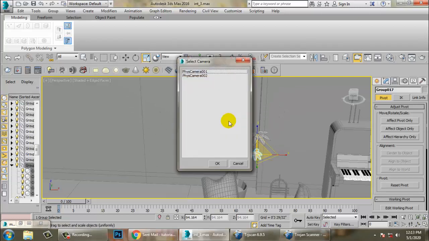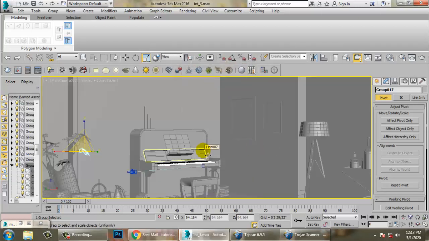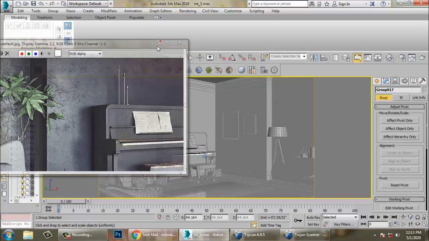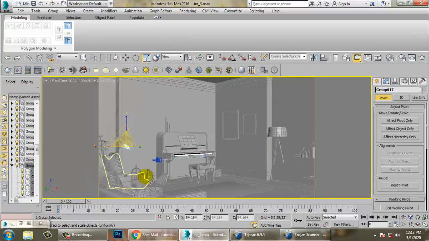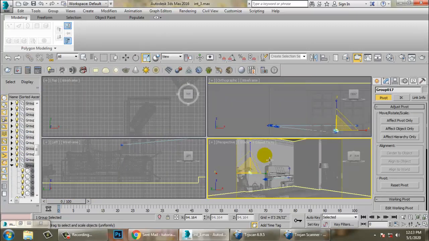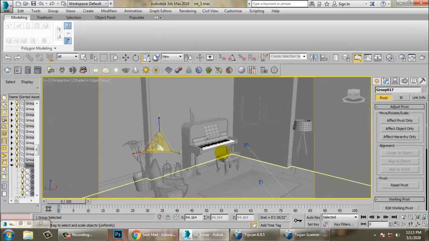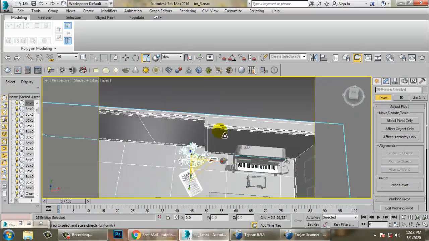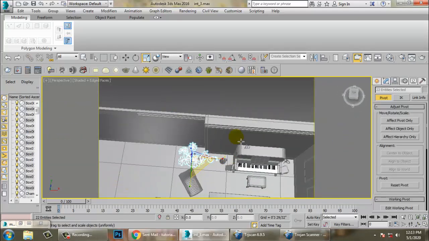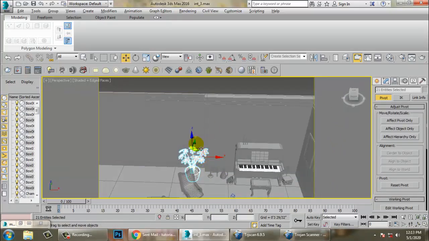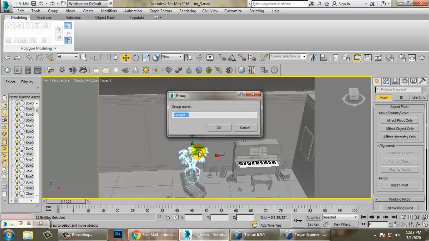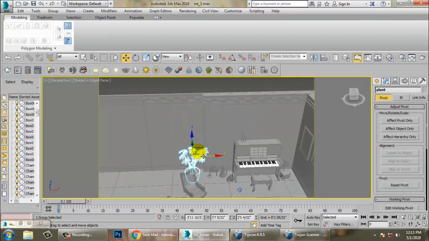Let's go back to the camera view and you can just check that. Let's go into this perspective view. Just select that area, just group it and scale that.